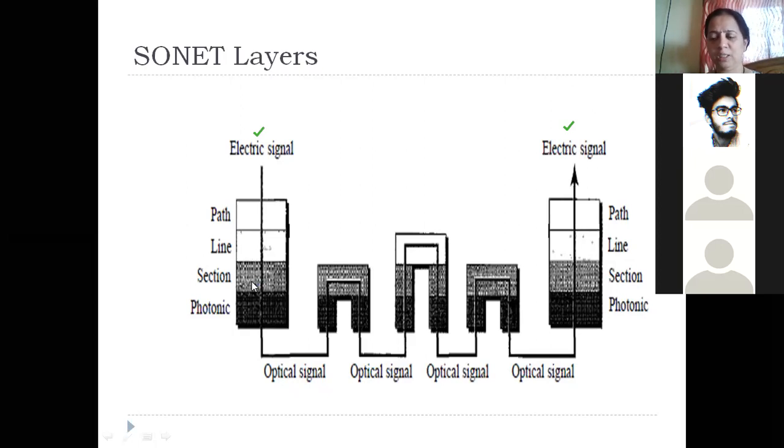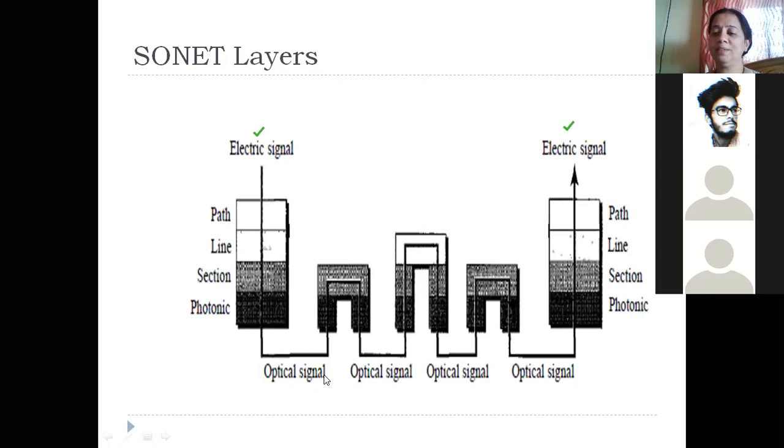The functions of the section layer are addressing, where an IP address or a MAC address could be there that identifies the machine. Appending that address is done by the section layer. Then after the frame is ready, framing is done, and data comes down to the photonic layer. The whole data gets converted from an electrical signal into an optical signal, and now the optical signal will move and go to the next device.